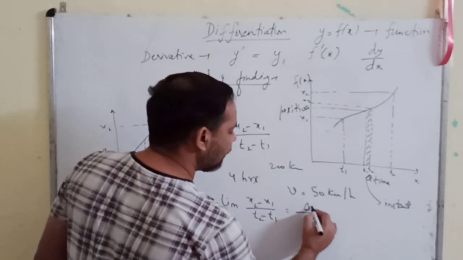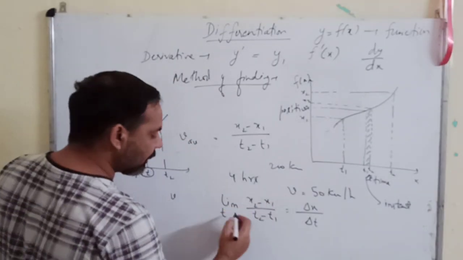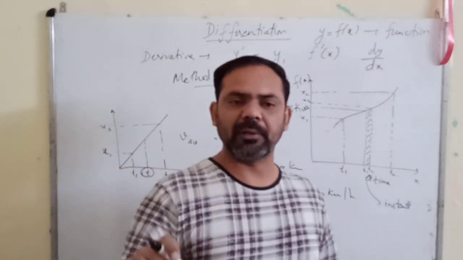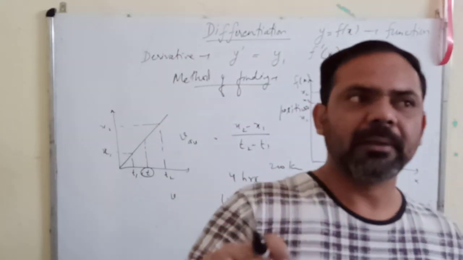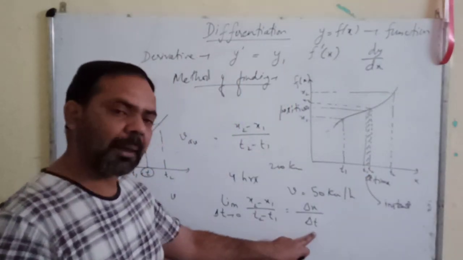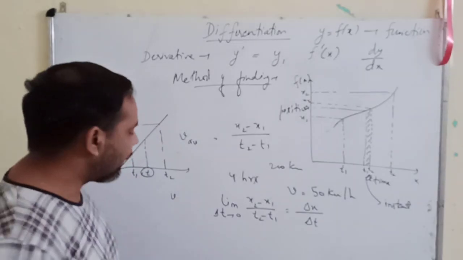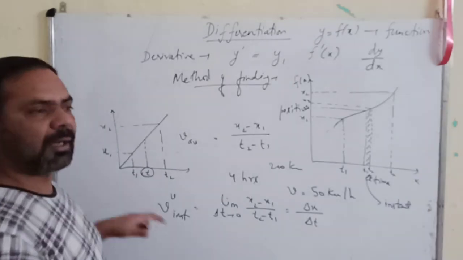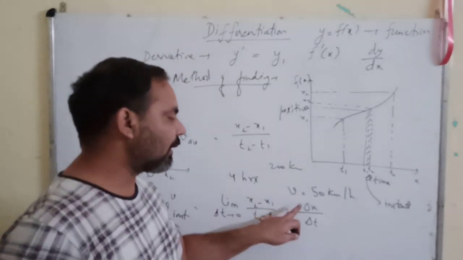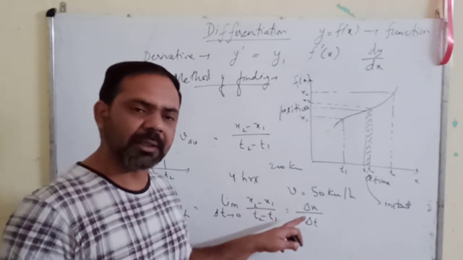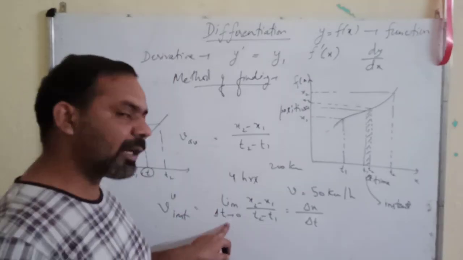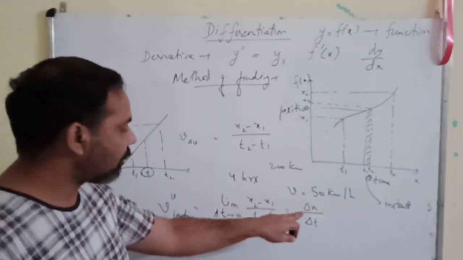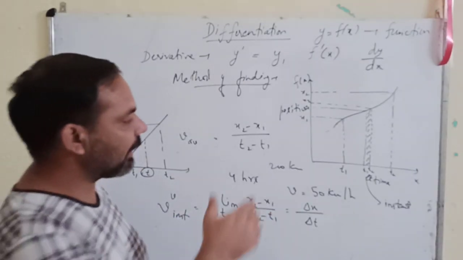This is the change in x. Now the condition you have given is that the change in time is infinitesimally small, so small that the time interval becomes the instant, and this will be your instantaneous v. Instantaneous velocity is the rate of change of position, given that the change in time is infinitesimally small.